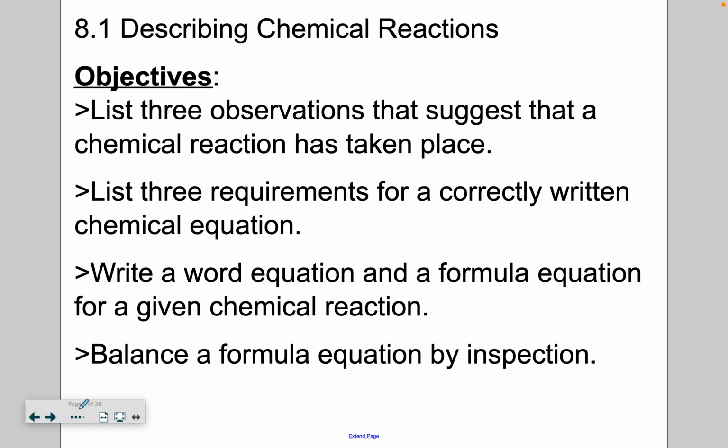So the objectives, we'll talk about what are some signs that a chemical reaction has taken place, and then what are the requirements that you need in order to correctly write a chemical equation, and then finally practice writing word equations and formula equations for a given chemical reaction. And then I think we'll spend a good chunk of the next lecture talking about how do you balance a formula